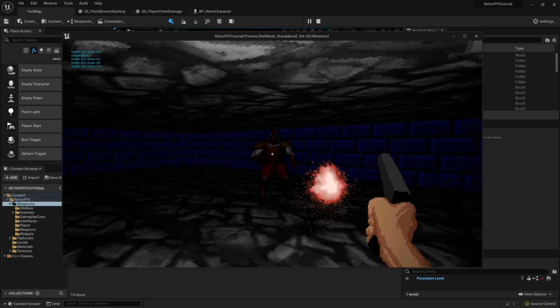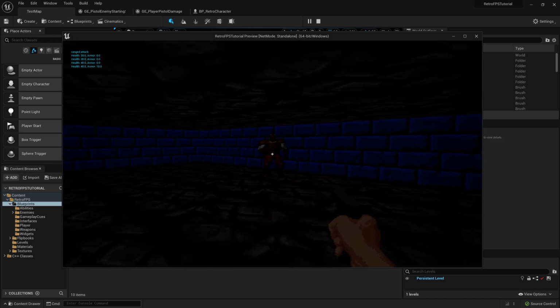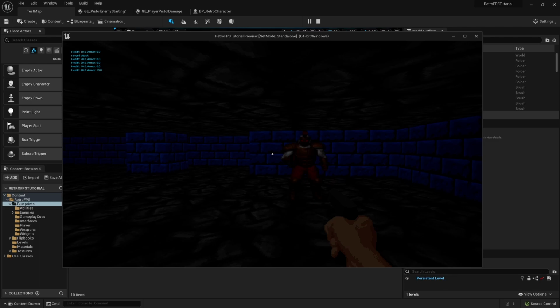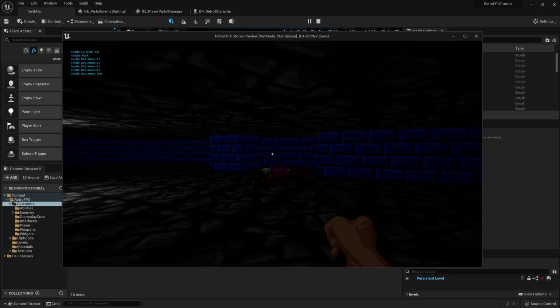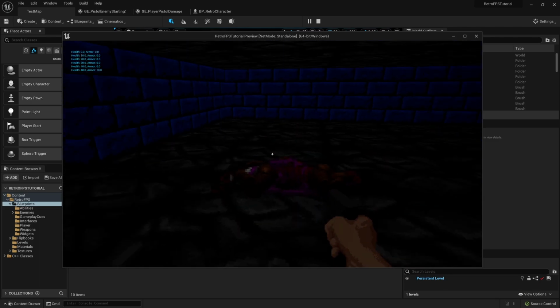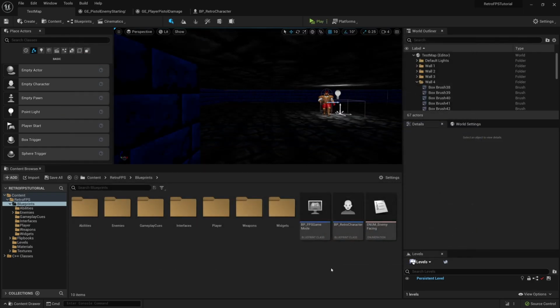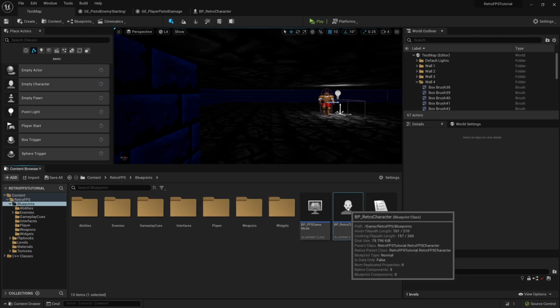And it is. You can see in the top left there, now it's 20 and 0, or 10 and 0, and then one more will kill him. And he's dead. So our armor system is working, and now we can move forward. And I think what I'll do first is undo all of the things I did, with the exception of the